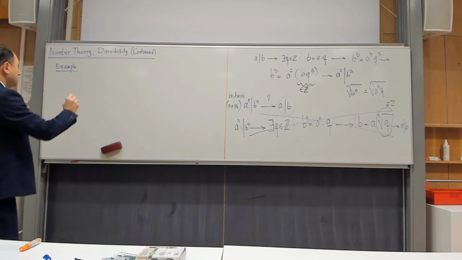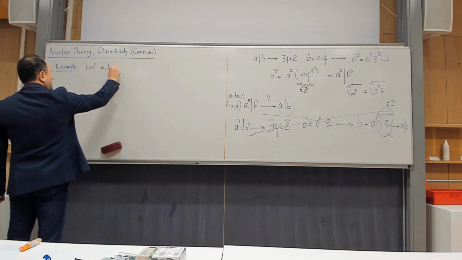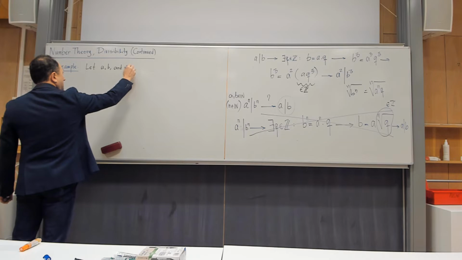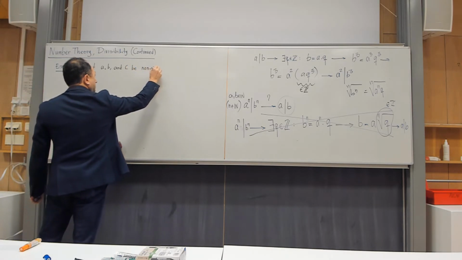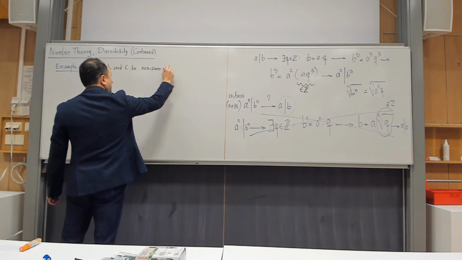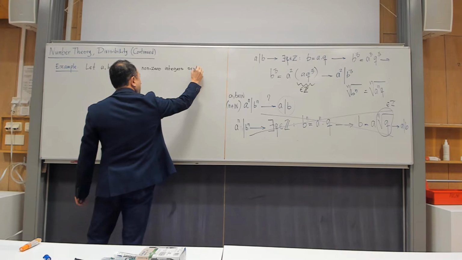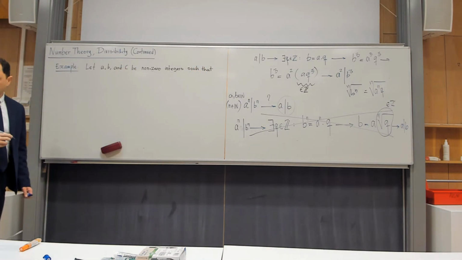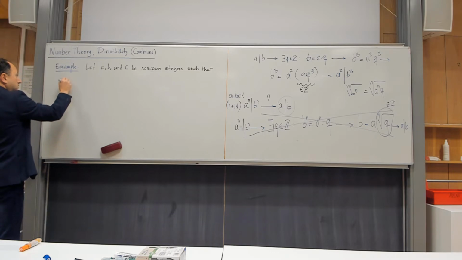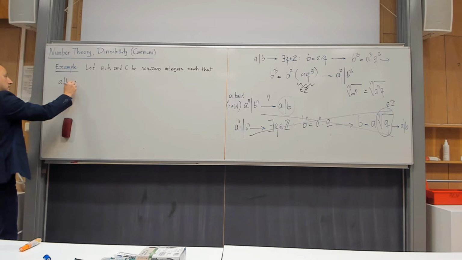Let A, B, and C be non-zero integers such that A divides B and, oh sorry, let me write it properly. And